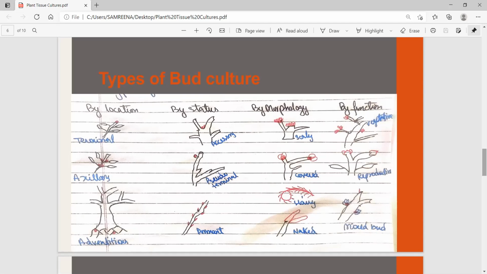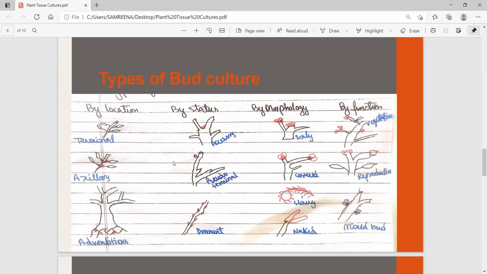When summer comes, what happens is the leaves are not on the trees, so we just see a stick. So as a layman we won't be able to characterize it, but farmers will be able to characterize which plant it is. But on the position of the bud present on the plant, we will be able to identify this plant.